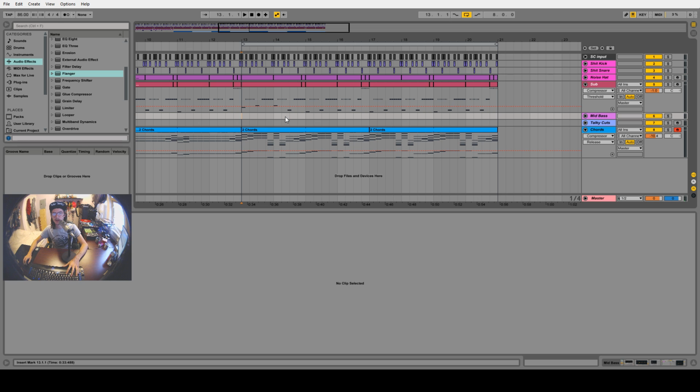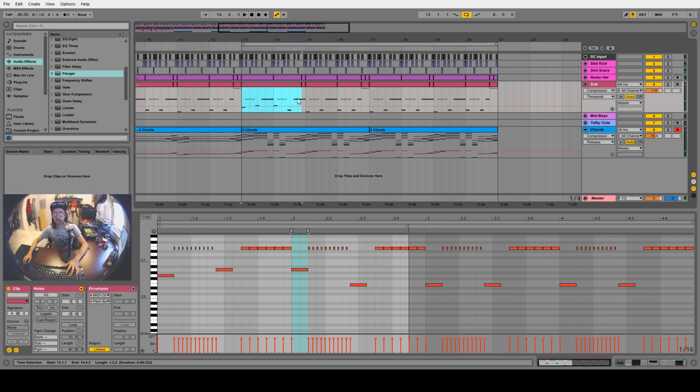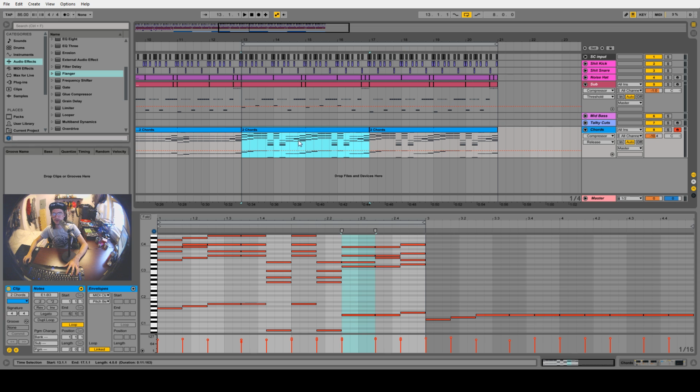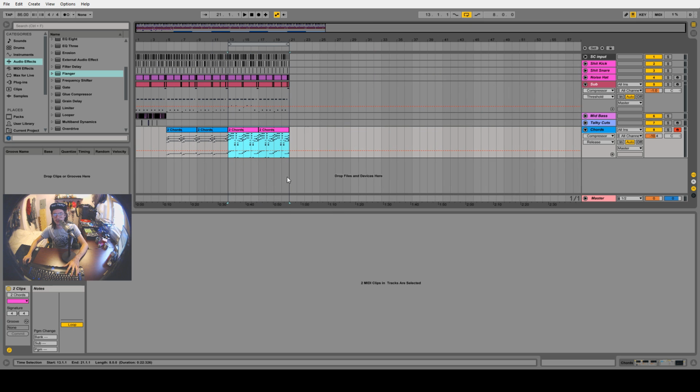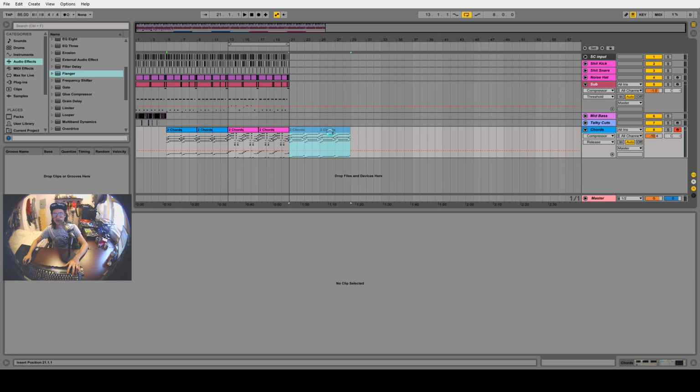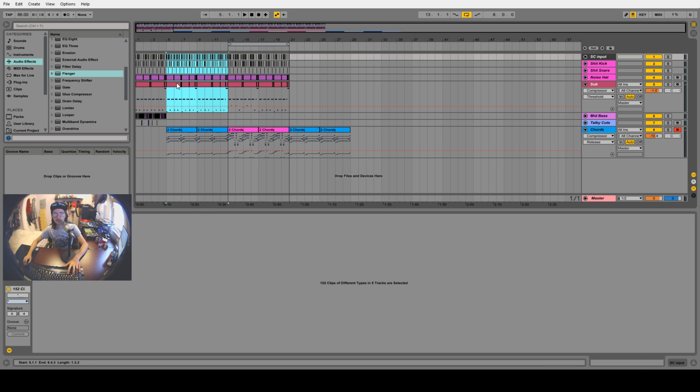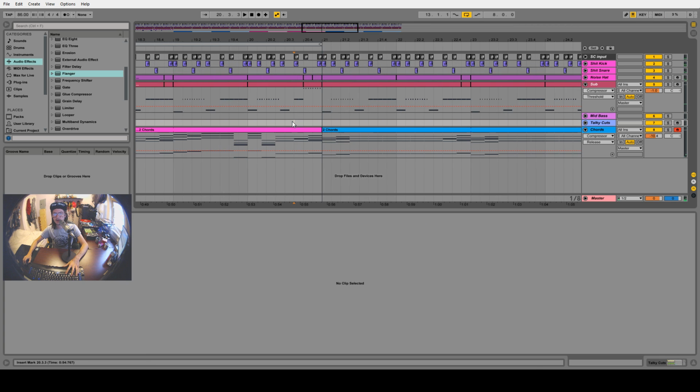Just reworking the bass line here. That kind of works. What we should do maybe though is instead of having that transition, because that'll transition nicely back into this. Yeah, let's color these so we know which one's which. So if we had this go back into there after this little section here,